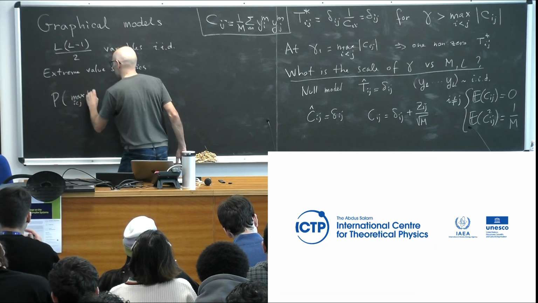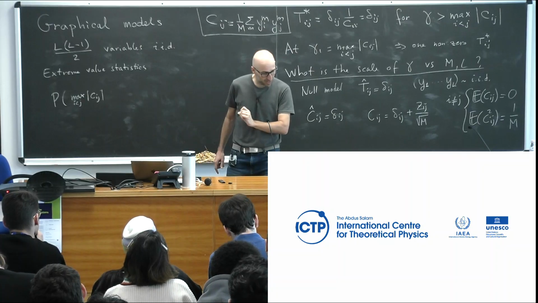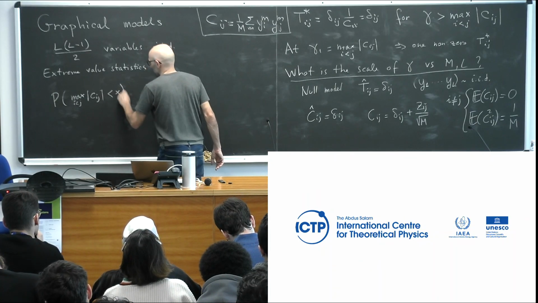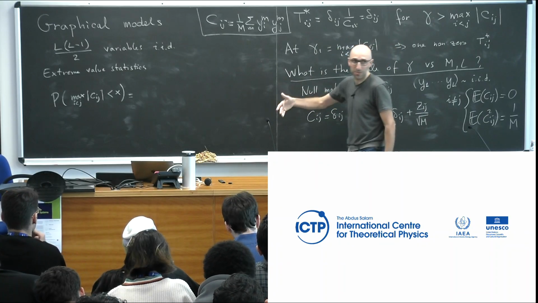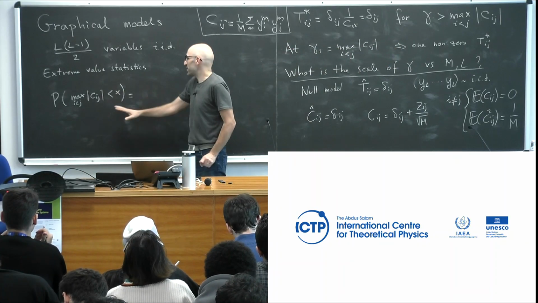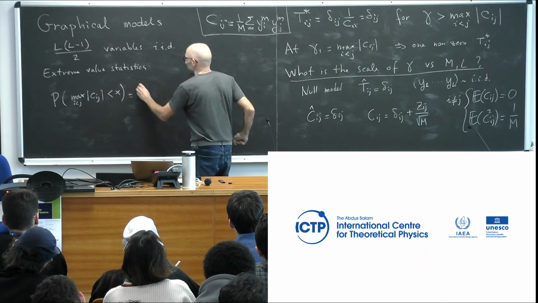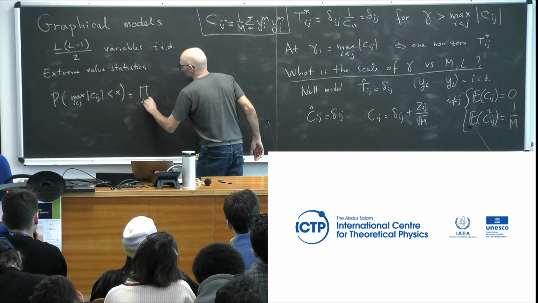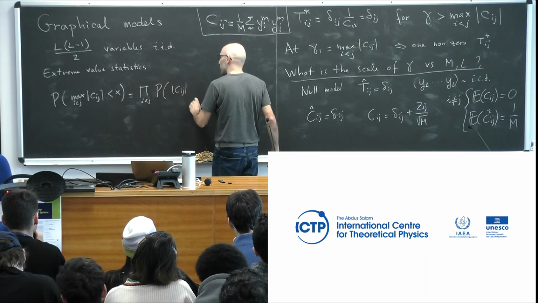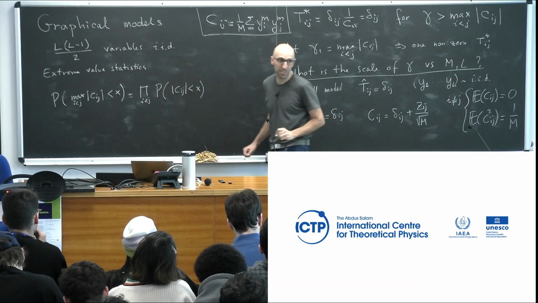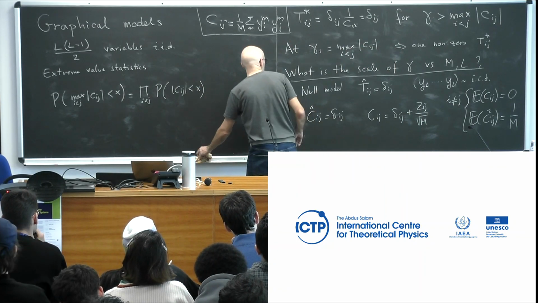And so what is the probability that the maximum of C is smaller than x? Because they are all independent, the probability that the maximum is smaller than x is equal to the probability that they are all smaller than x, but because they're independent, this is the product of the probabilities. So this will be the product over i smaller than j of the probability that Cij is smaller than x, correct? And because they are all identical, this is the integral